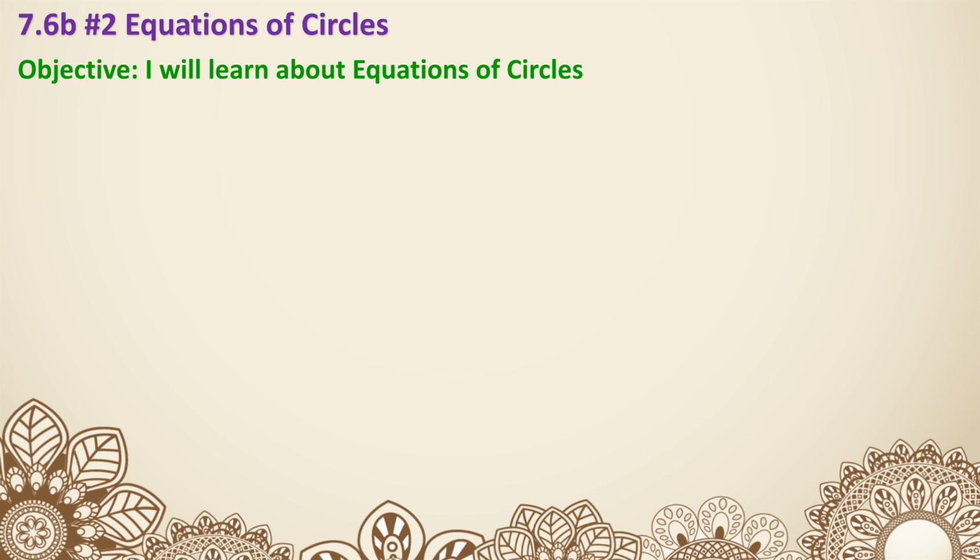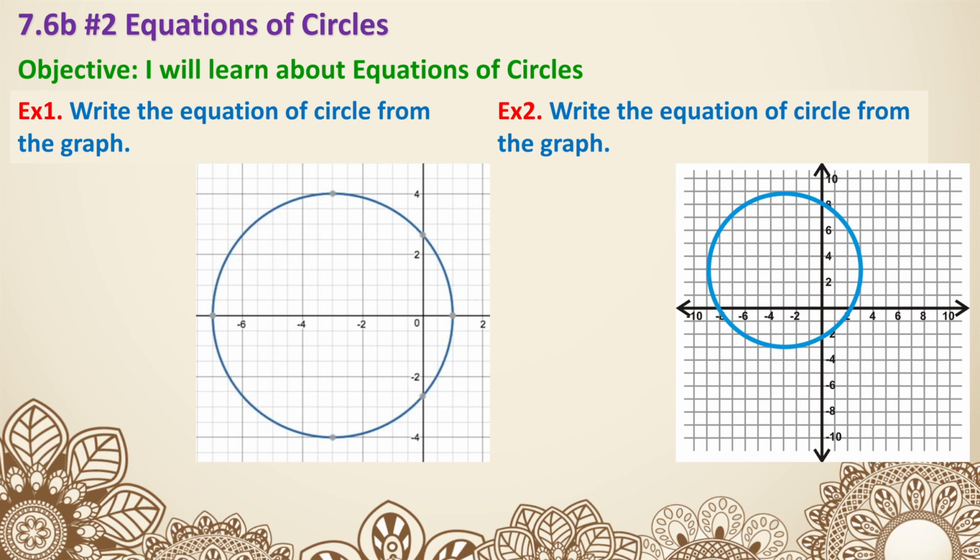Now let's see them in some examples. Example 1. We have the 2 points. Well, actually, we have 4 points. These 2 and then these 2. You can use either 2 of them. So let's say you chose to use the 2 that are on the